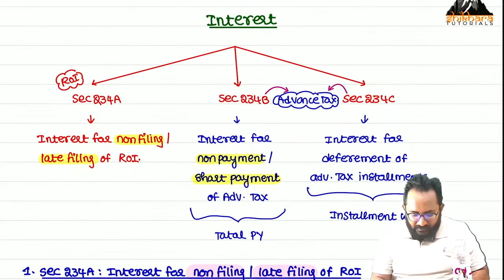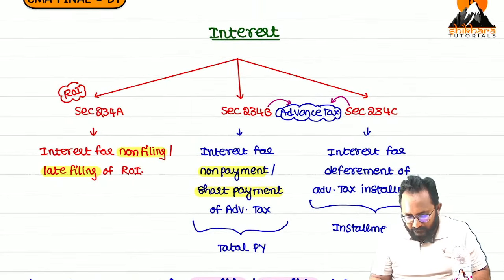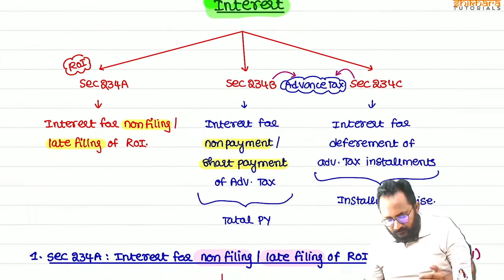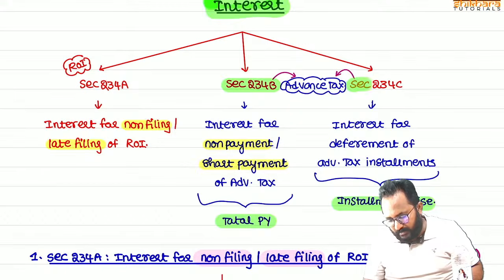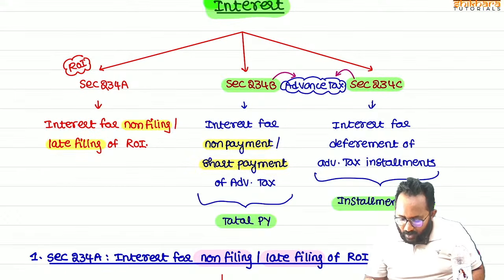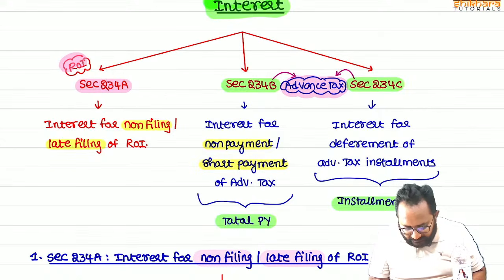But this we discussed clearly. Yes, three interest provisions are very important. What are the three interest provisions? I have already written them. During the previous year, 234B is verified, and if you calculate installment-wise interest, that is 234C. These two are related to advance tax. 234A is always related to what?